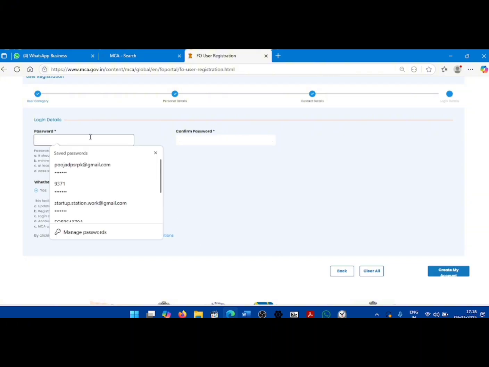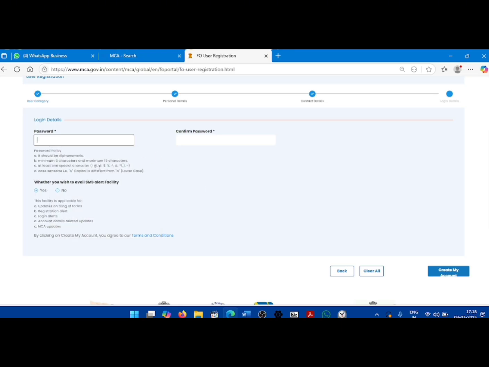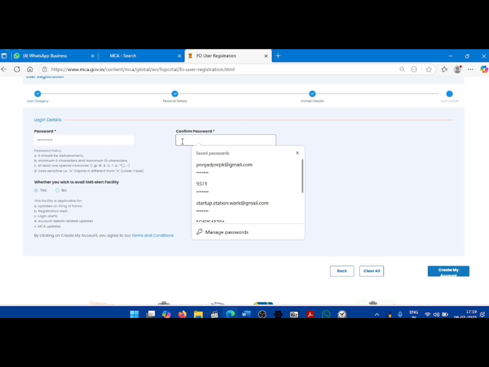Now here you have to set your password. The password that you select should be a maximum of 15 characters and you have to use special characters for setting your password. Once you type the password, you have to confirm your password. And then at the bottom you will see whether you wish to avail SMS alert facility or not. You will press on yes so that you receive all the necessary information on your mobile number as well as